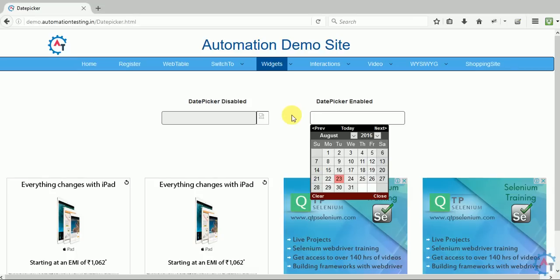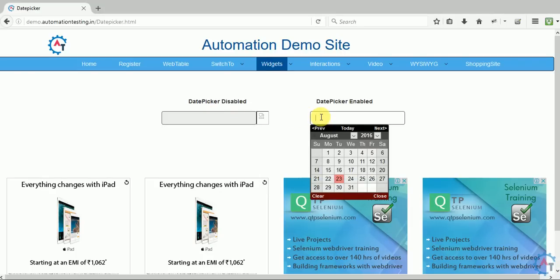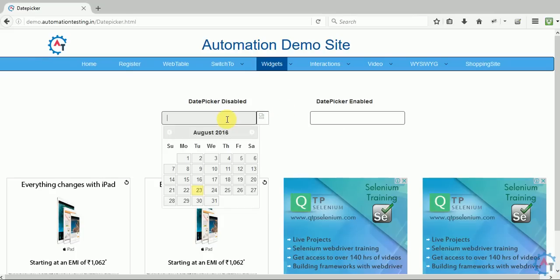So how will you handle this kind of scenario? Even this is disabled, you cannot enter data in this, but here it is enabled, you can type something in this. Means you can directly enter. I think here you can use the sendKeys method of Selenium, and you can directly enter data instead of selecting from here. But if you handle the disabled date pickers, you have only one choice, that you have to select from one of these things.